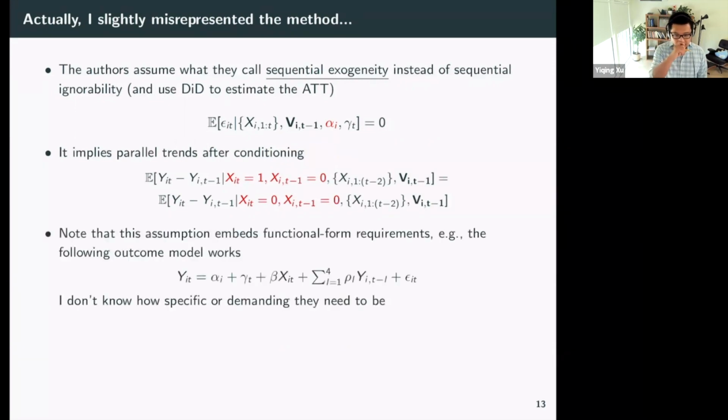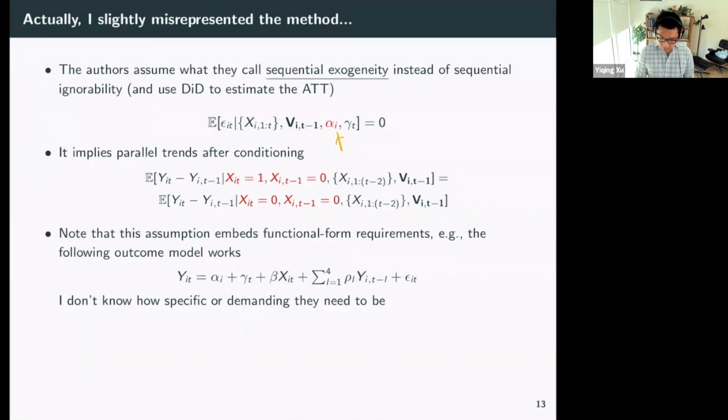Note that this assumption embeds functional form requirements. With sequential ignorability, you actually do not require functional form assumptions. The methods you use to do the matching or weighting will require functional form: what kind of features enter the matching or weighting? But sequential ignorability itself does not require functional form. But if you have a model like this, with unit fixed effects, as we discussed earlier, you are implicitly introducing functional form assumptions. Here,